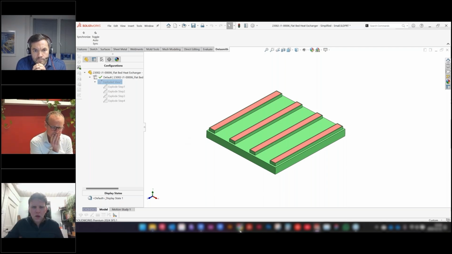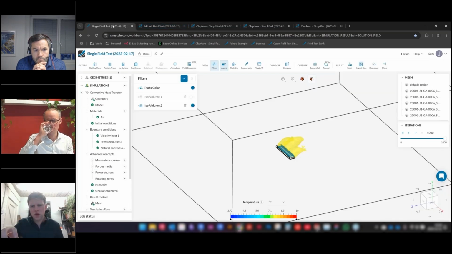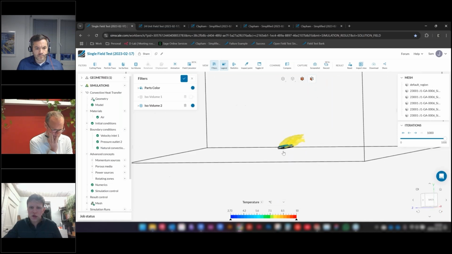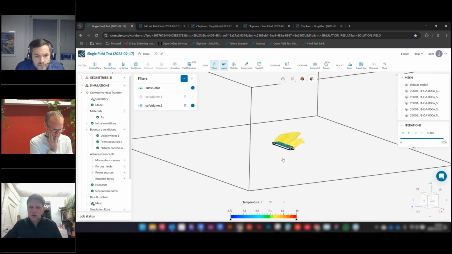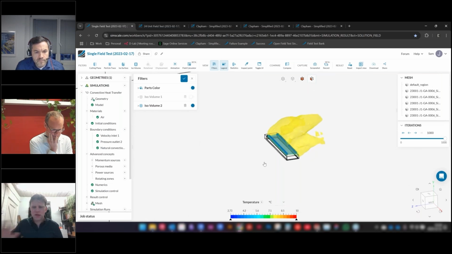So what do we do first? Well, what's kind of linked to what Joel was referring to, this open field in Denmark, where they've got the best case scenario of where you might want to put a heat pump. What we do first and foremost is we test the expectations of the specified heat pump or heat exchanger. And we do that by creating this open field test, which is what this is. It is a single heat exchanger in a field, a relatively small domain. And we run a very simple test on it.